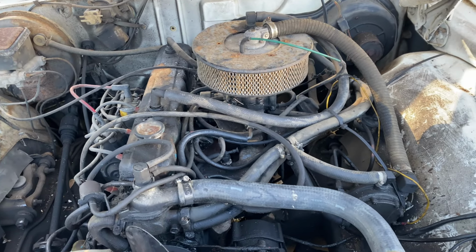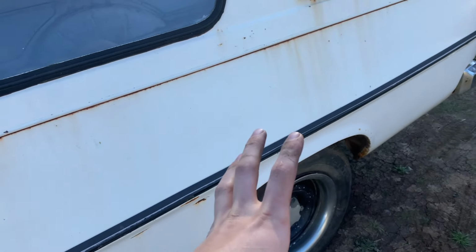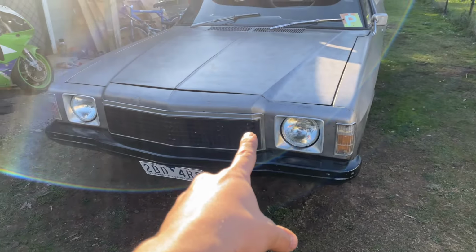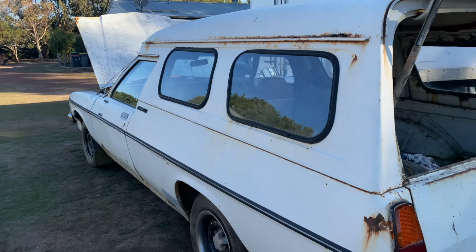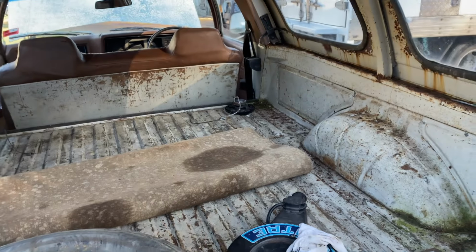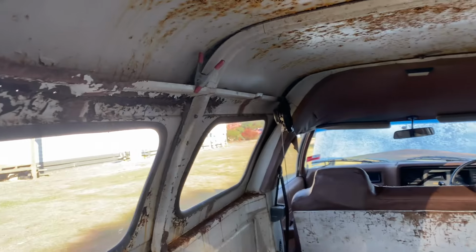So let's go through what I'm going to be doing with it. Now, I'm not looking for the most horsepower with this thing. I'm looking for something that I can take around, take to the beaches, and it's not going to guzzle fuel like something over here. This thing is going to be just a cool cruiser, and I'm planning on putting a bed in the back here, so turn it into a little tiny house. I've already kind of given it a nickname, the Shaggin' Wagon,